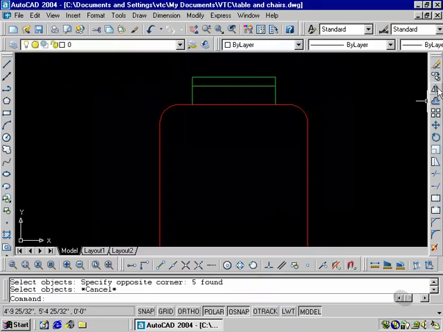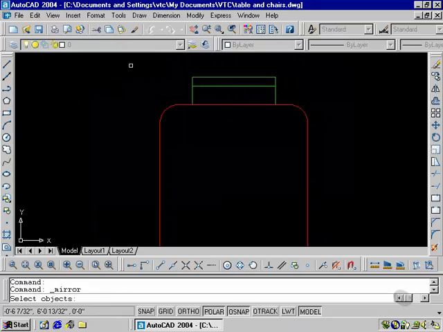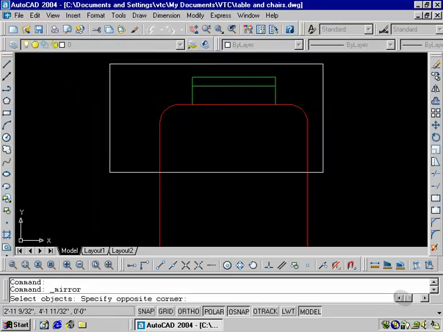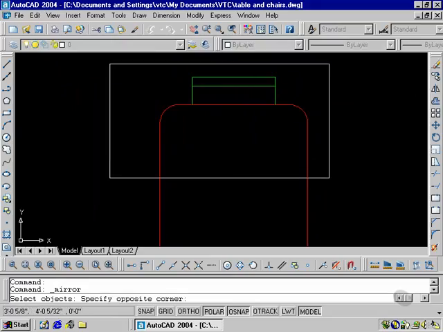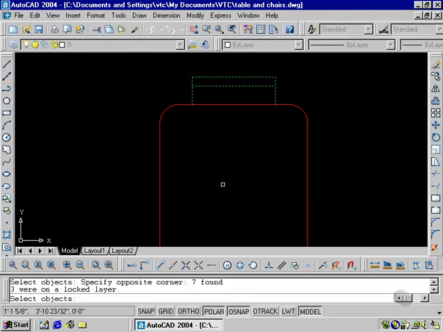Trying this again, mirror. This time I'm going to create this implied window a little bit bigger and click. You'll notice that it indicates that 7 objects were found. 3 of them were on a locked layer, which means that only 4 were actually selected, and that's what we have here. Right click,